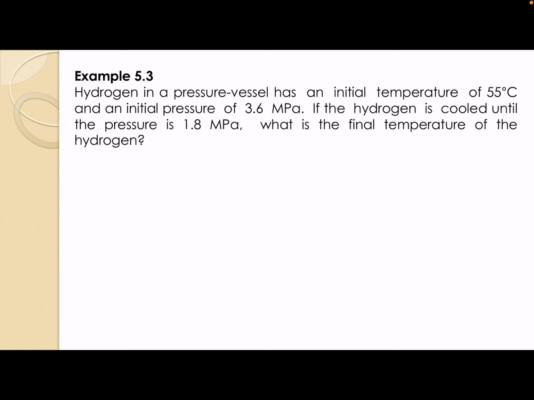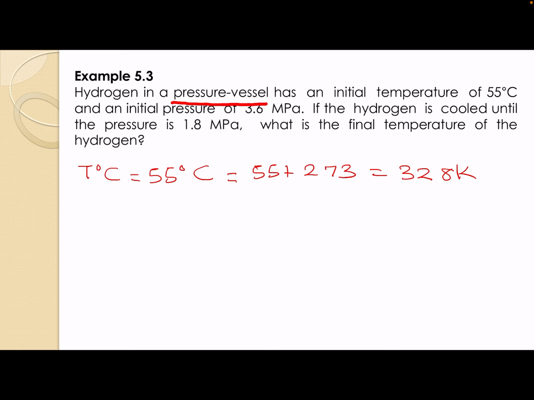Example 5.3. Hydrogen in a pressure vessel, take note of that, that's critical information, has an initial temperature of 55 degrees C, which we need to convert to Kelvin. 55 plus 273 gives us 328 Kelvin at an initial pressure of 3.6. Take note of that, 3.6 is in